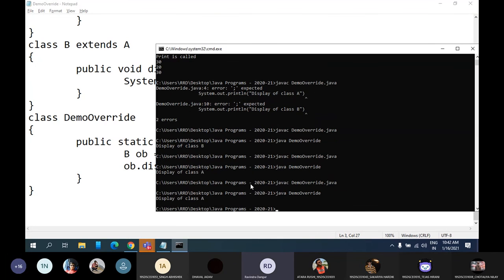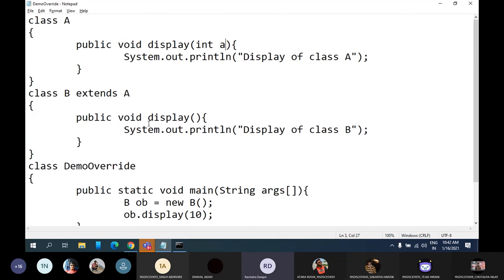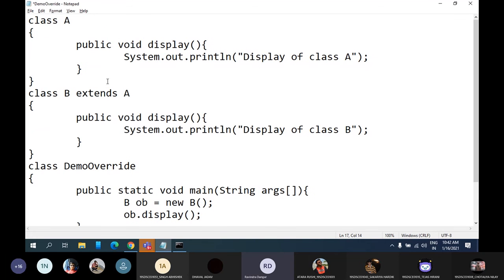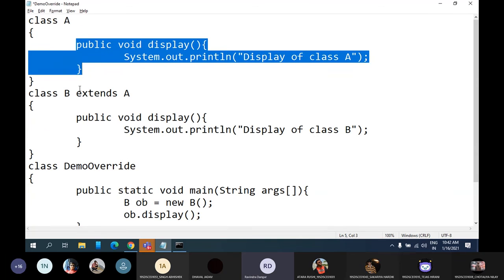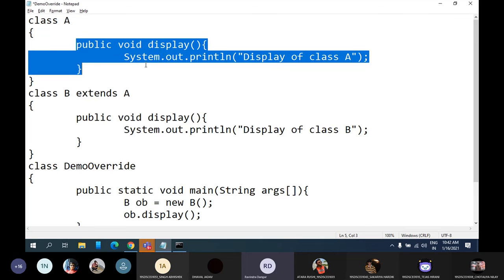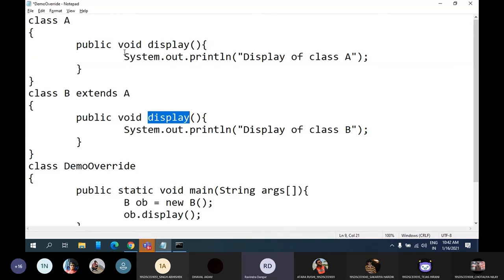You can say I'm getting a display of class A. So here I cannot say this display method overrides the display method of superclass. This is not the case, and this concept is also not known as method overriding because both the methods are different. But now this is method overriding. Everything is same in both the classes. Inheritance is there, and inheritance says using the object of subclass you can access all the properties of superclass, but still I'm not able to do it. Why? Because display method of subclass overrides the display method of superclass.